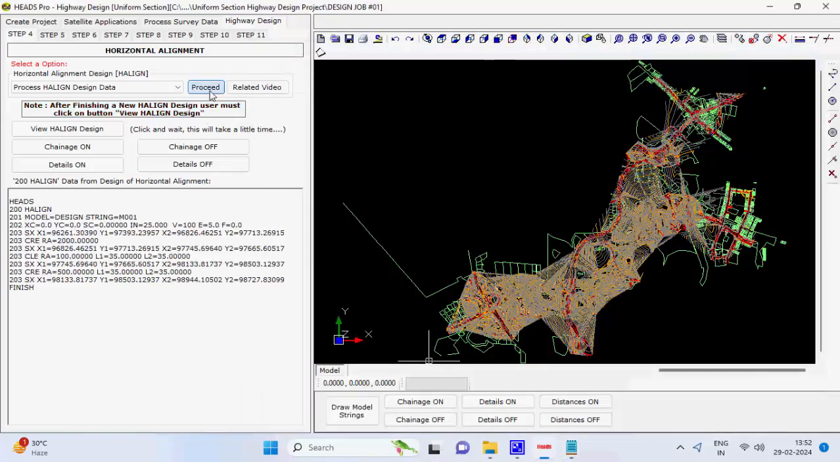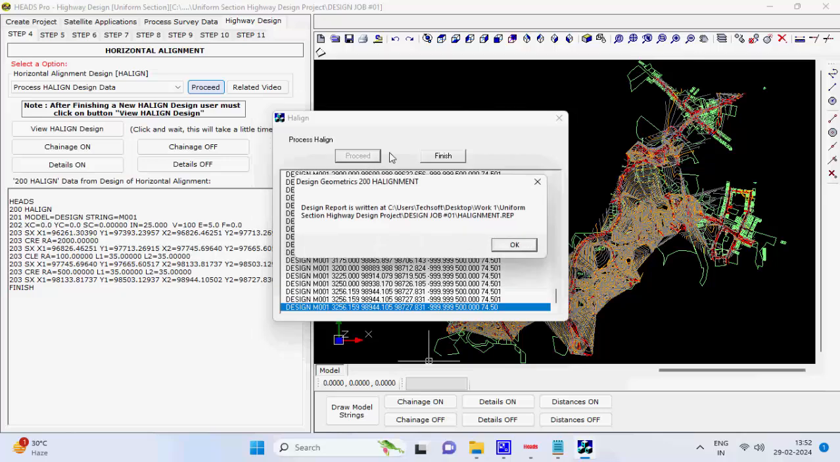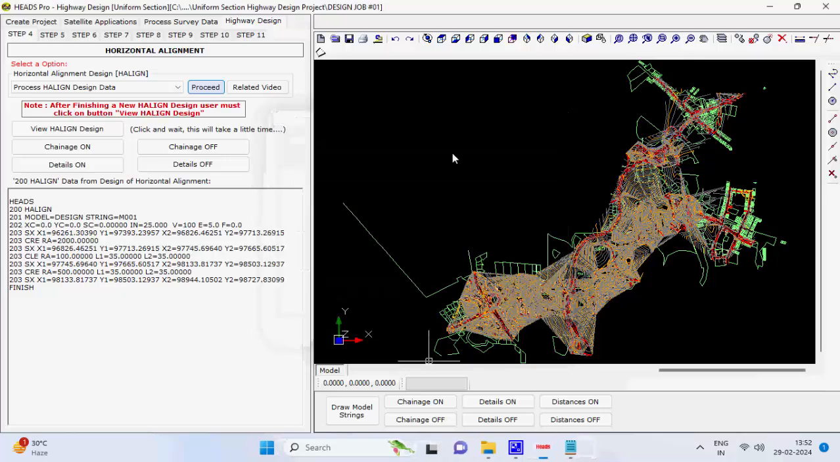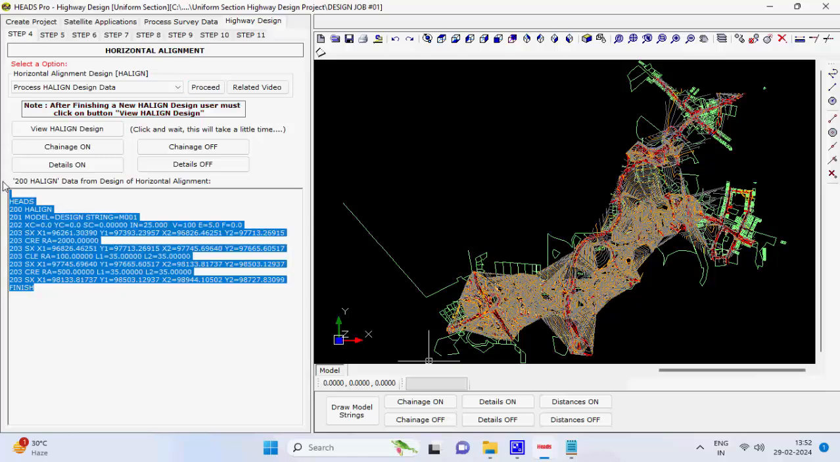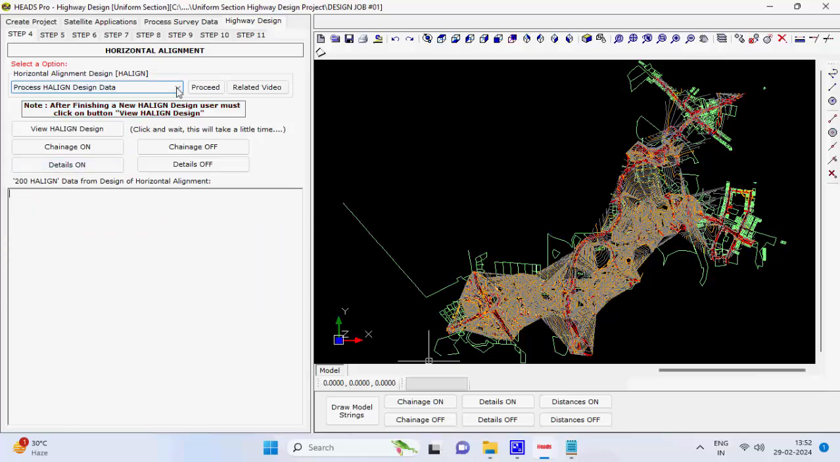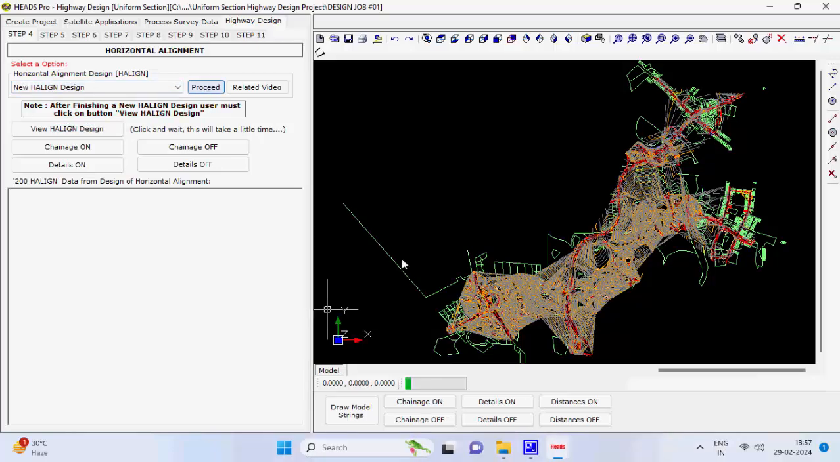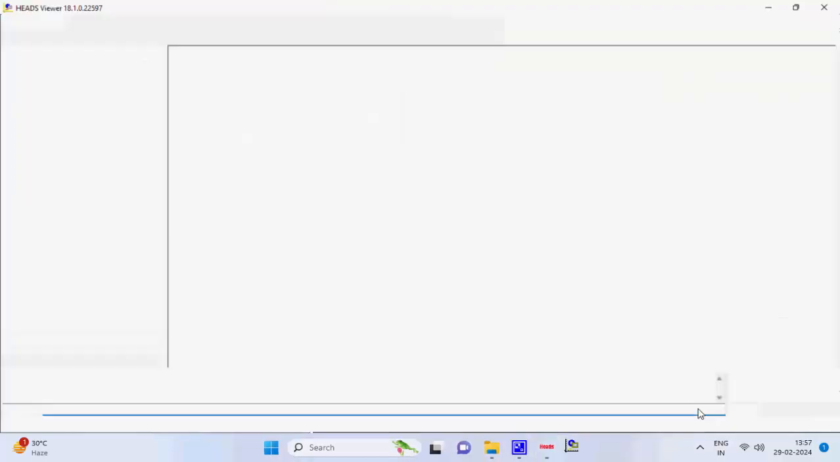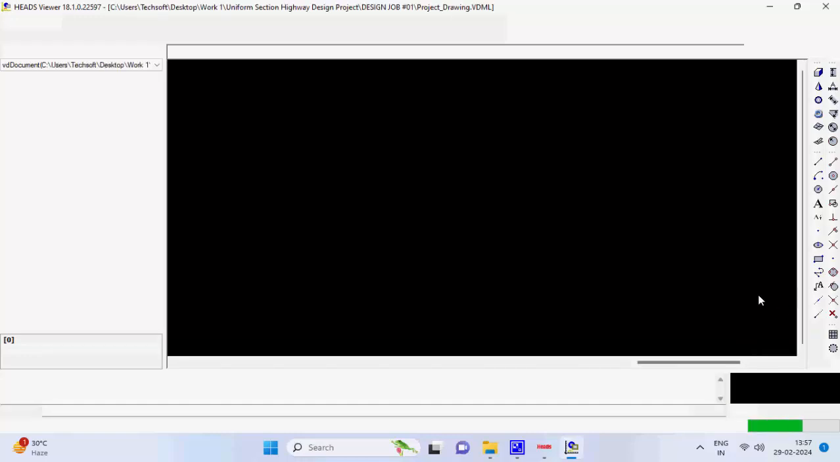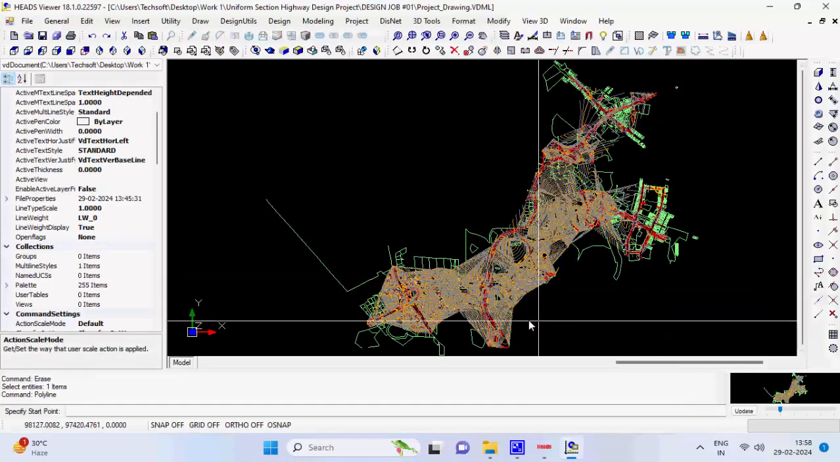And by clicking on button Proceed, the Halon data will be processed and the model will be saved with center line string M001 under Model Name Design in Model Files. Step 21, or alternatively, user may select the option New Halon Design, and click on button Proceed to design the alignment interactively. Step 22. Click on icon on the right side of the window as marked with red color arrow